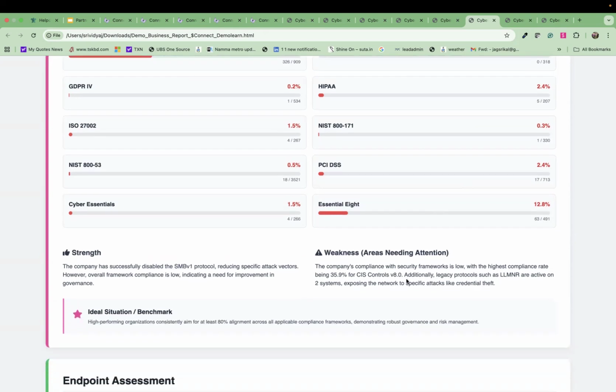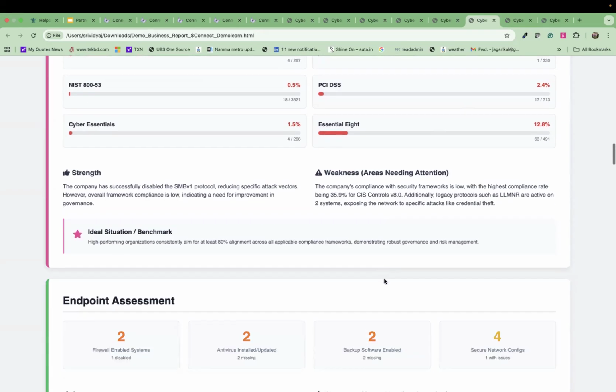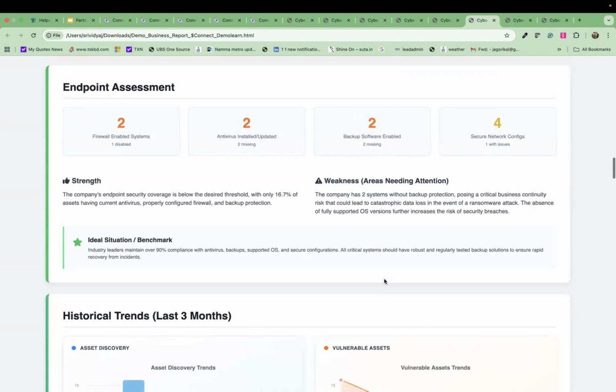There are certain companies who have not run compliance at all, so we recommend they go and use CIS or the NIST compliance, right? Those recommendations we are putting in the strength and weakness area. And if you do not want compliance or you do not want patching, those sections can be removed, which I'll shortly show you. Then we have the endpoint assessment,